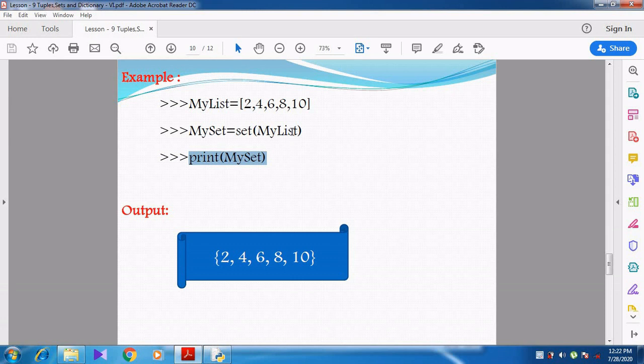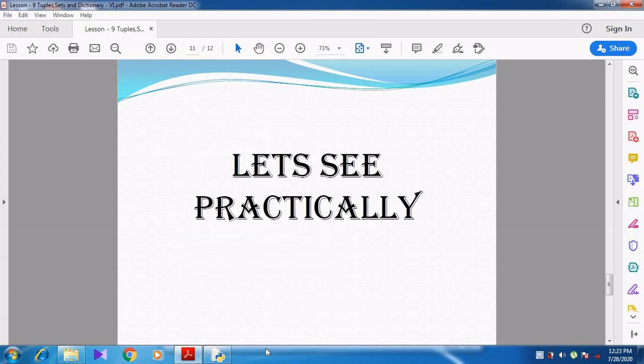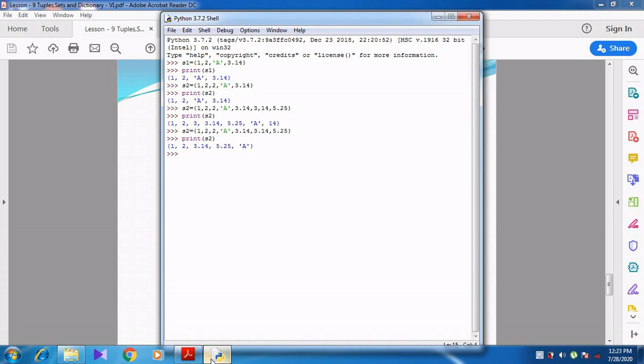So now this entire list is converted to a set and stored in my set. So when I print my set, the values are shown on the screen within curly braces. Can you see, students? I think you might have understood this. If I show you in a practical manner, you can understand it clearly.